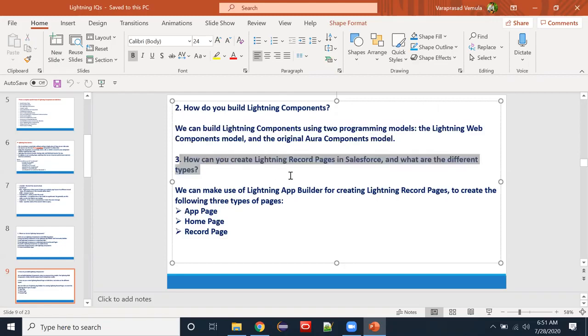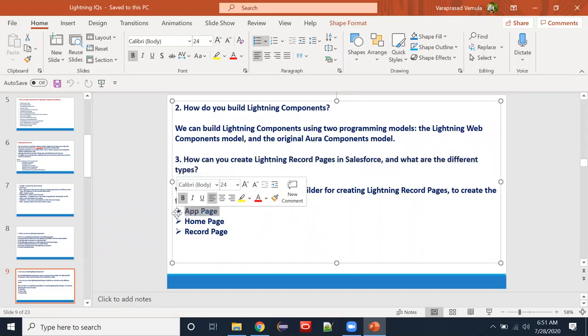How can you create lightning record pages in Salesforce, and what are the different page types? How can you create lightning record pages? Using app builder only. Using app builder, how many types of pages can we create? Either application page, standalone page, home page, or record page.